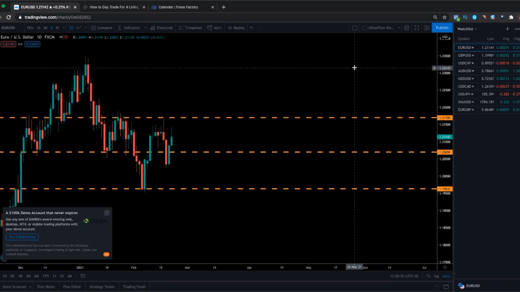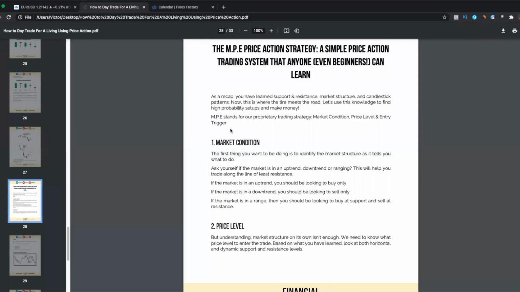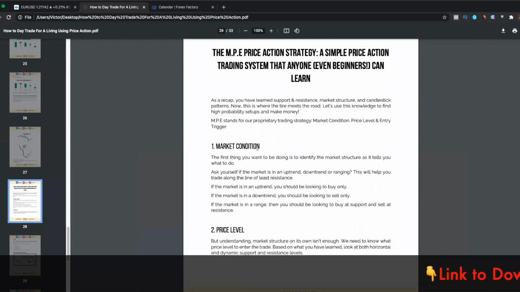Now, as always, for this analysis, I'll be using the MPE trading strategy, which stands for market condition, price level,